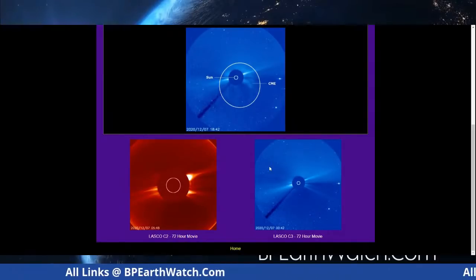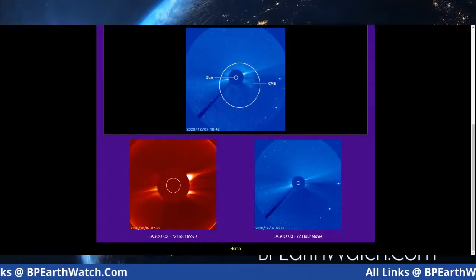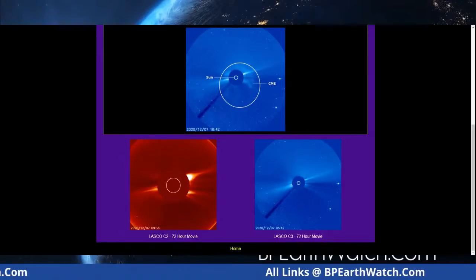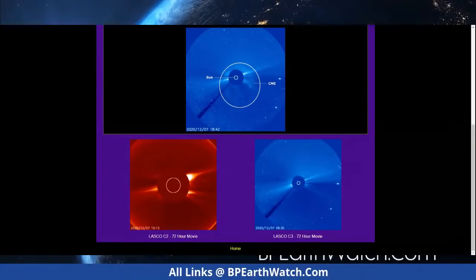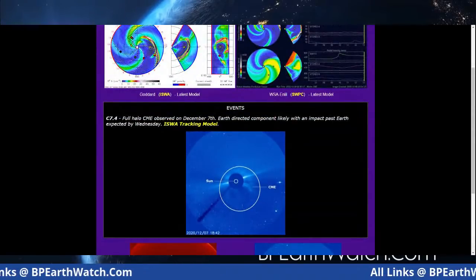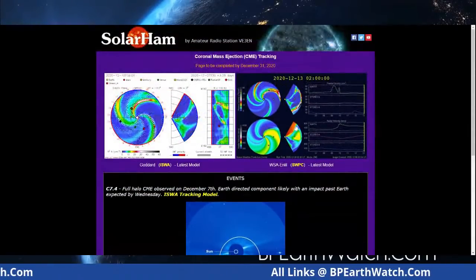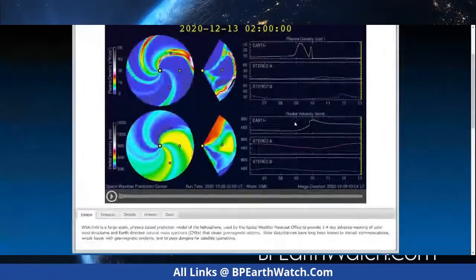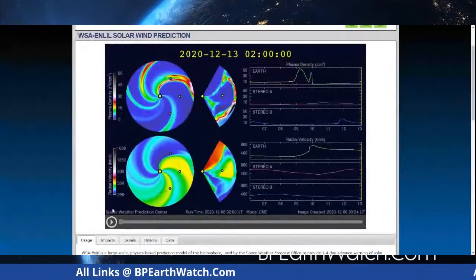We'll take a closer look at that in a minute. But sometimes they will almost override the image itself as you get a solar wind speed that is related to a coronal mass ejection. Now, I want to go to this particular model here. Let me check back over and make sure you guys can see it.